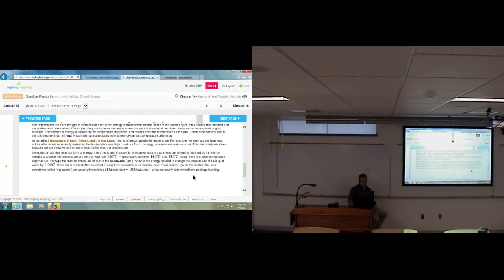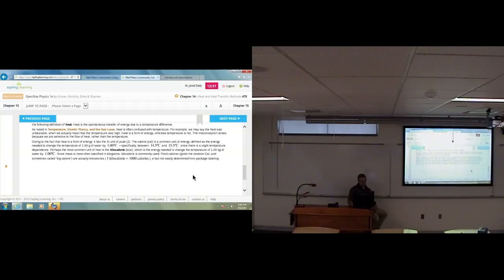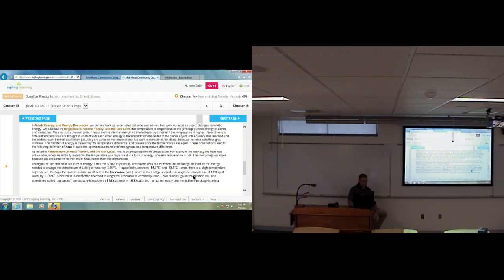Temperature is a way of using a unit or a device to measure internal energy. The actual internal thermal energy of an object has to be calculated, usually, from theory. I mean, it can be measured using a thermometer, but to really understand, you can get a representation of it